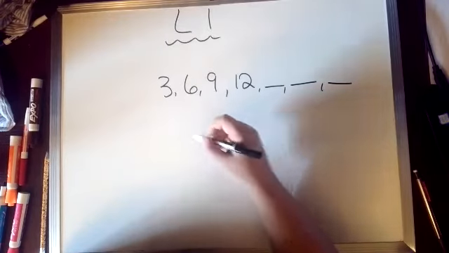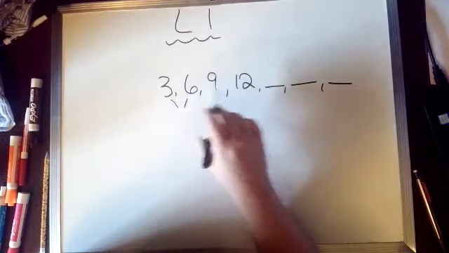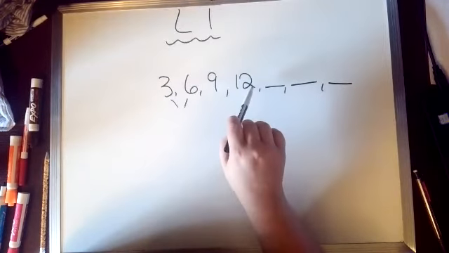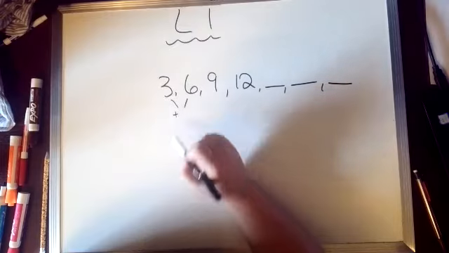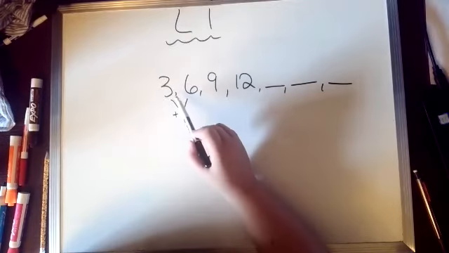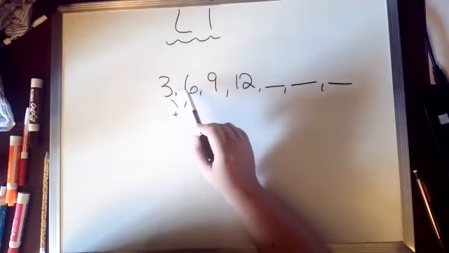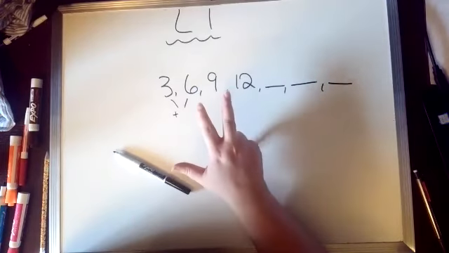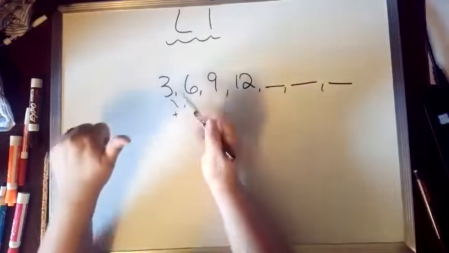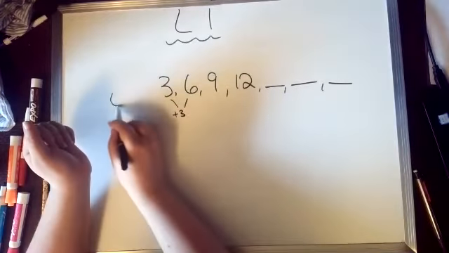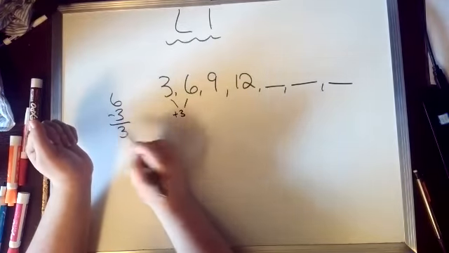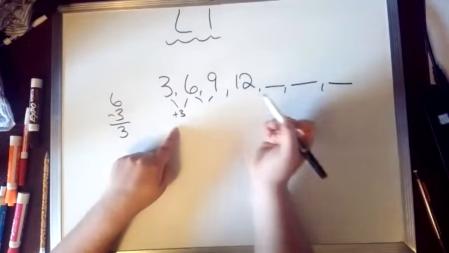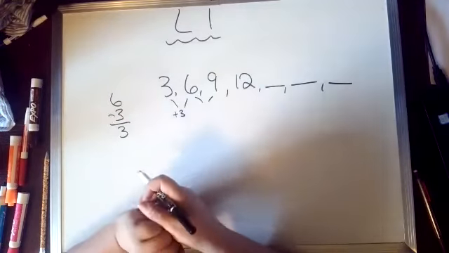Now, if I didn't know that, I can, again, figure it out by finding out what the difference is. Well, they seem to be going bigger, which means I know I'm adding. Okay, so I'm adding 3 to 6. Well, how many do I need to get there? I can either add up, and start at 3 and go 1, 2, 3, and see I need to add 3, or I can take 3 away from 6 to get the same number. But add 3. Always check it with another pair just in case there's something different,